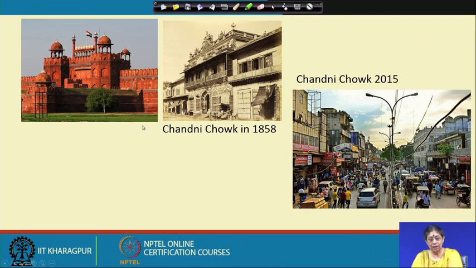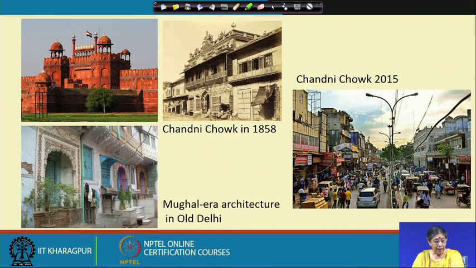Red Fort is there, Jama Masjid is there, some of these structures are also there, but when we think about Old Delhi or Shahjahanabad, we think about the crowding, congestion, lack of infrastructure. But still it is a very vibrant area, and still we can find these beautiful structures, the Mughal era architecture in Old Delhi, which are residential structures still there. So that is what a historic area is. It is not only monuments, there are other lesser structures, beautiful structures, activities, infrastructure, lived-in areas. And this is what we call the historic area and heritage district, and we can't talk about monuments in isolation